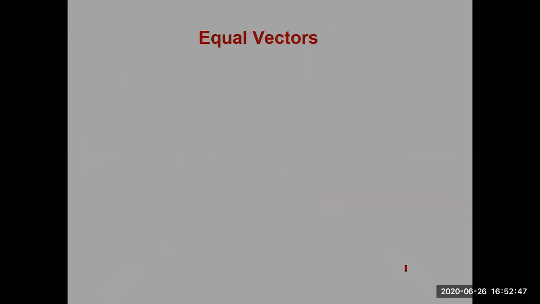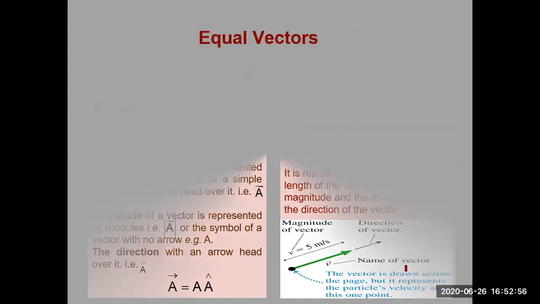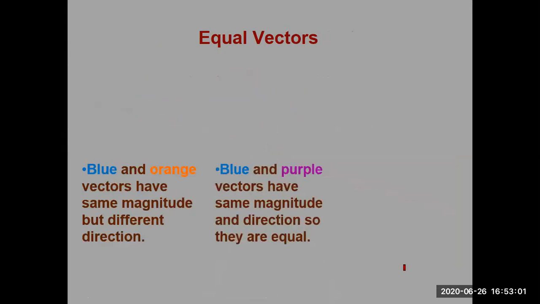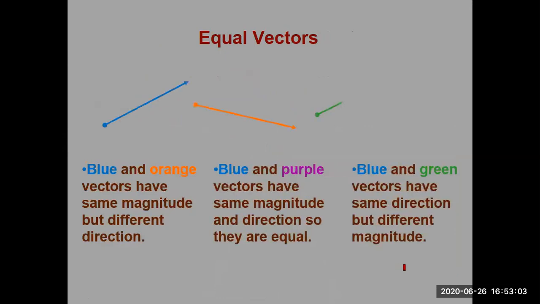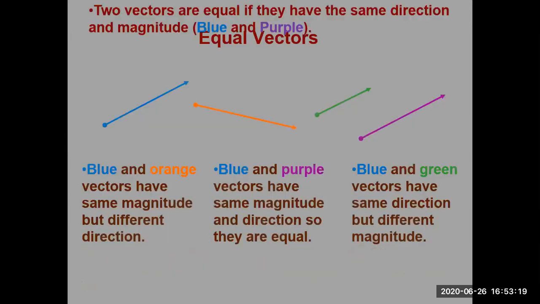So we have seen how vectors are represented symbolically and geometrically. Next, equal vectors. Here are some examples given. Let's see what the concept of equal vectors is. This one is a vector. If you look at